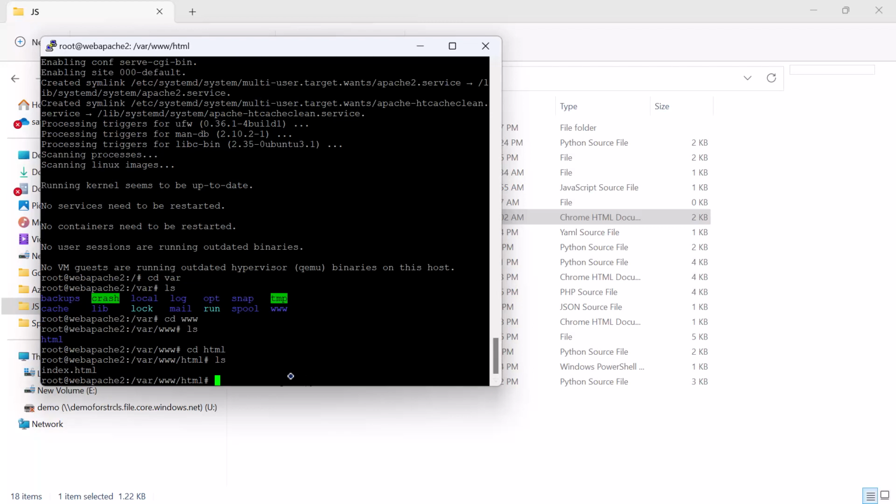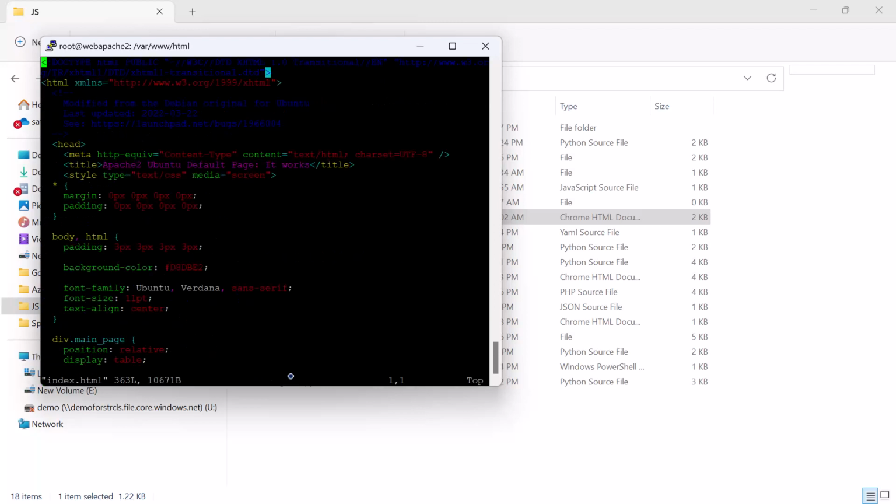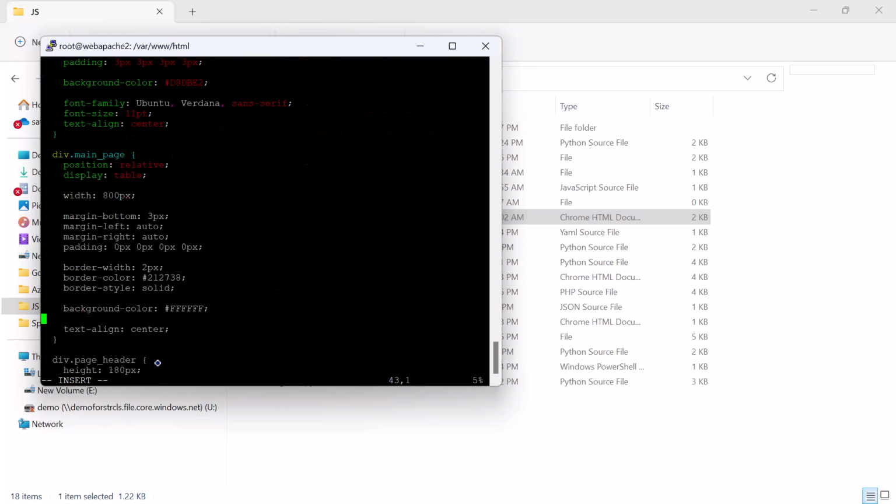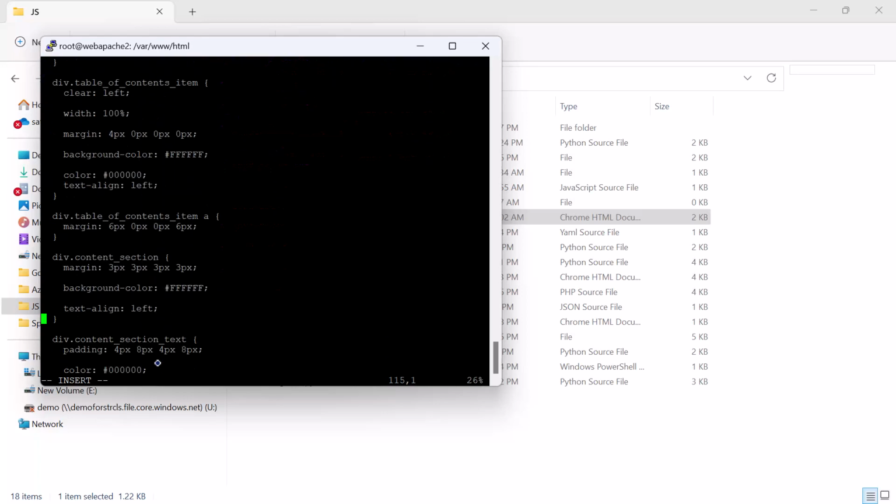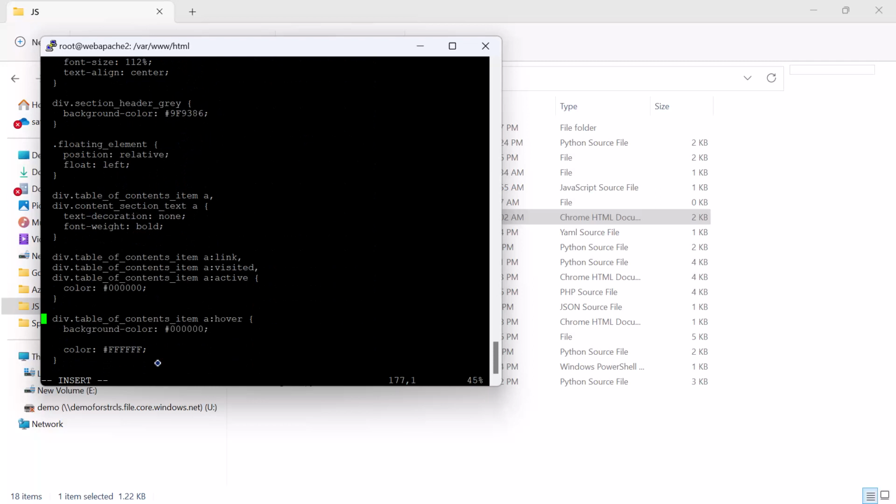index.html file here. Okay, now what is there in this particular file? If I want to see, we could use vim index.html and enter. You see, this is what is there in that particular file. Okay, if you want, we can modify it. So this is the default page that we see there, right? This is the default page. Okay, now if I want my own website page, we have to modify